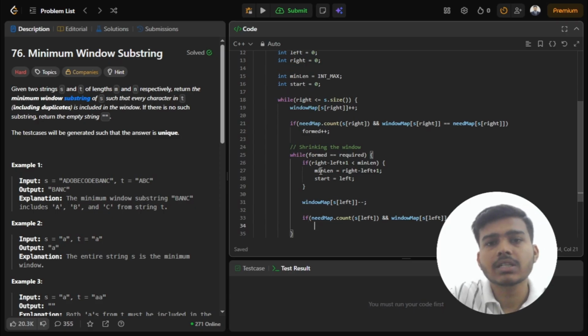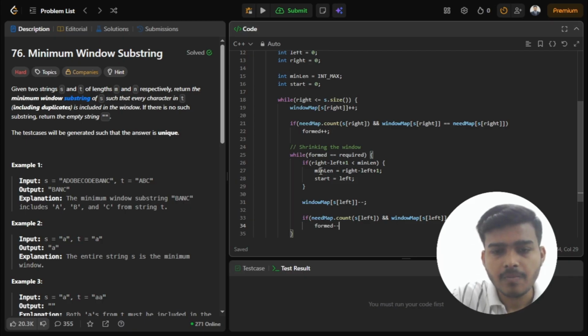then what is our responsibility? Our responsibility is to decrement the formed count, because formed is representing the number of characters whose frequency requirement is satisfied. But here, when you get to know that the frequency count of one of the characters is not satisfied, just decrement that count. That is what we have to do here. And once we did that,